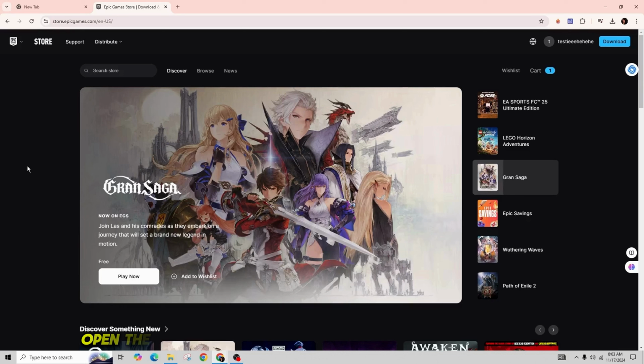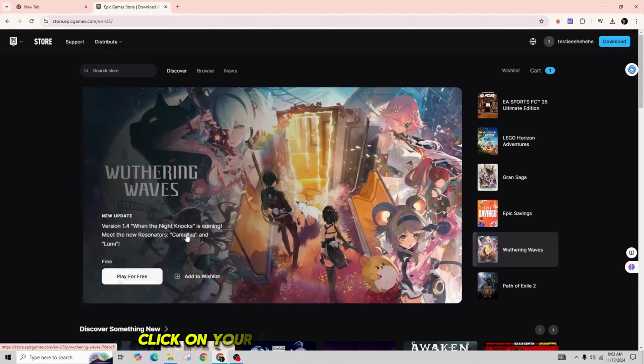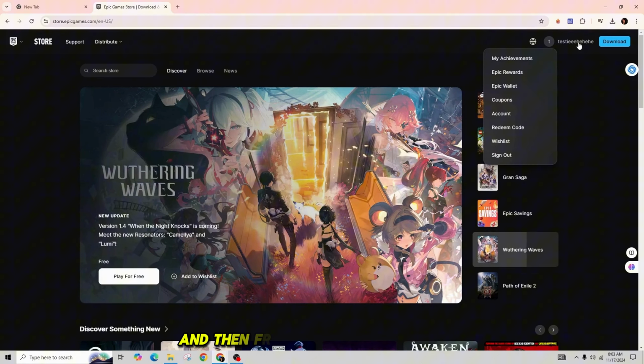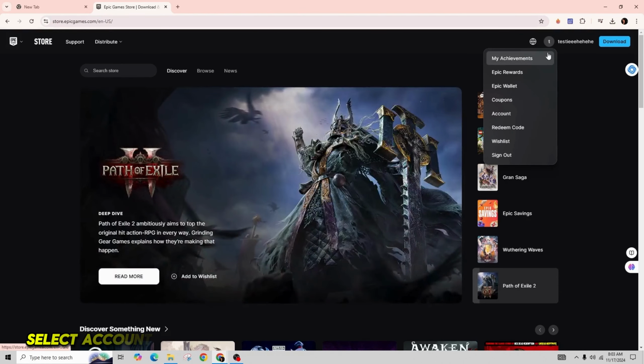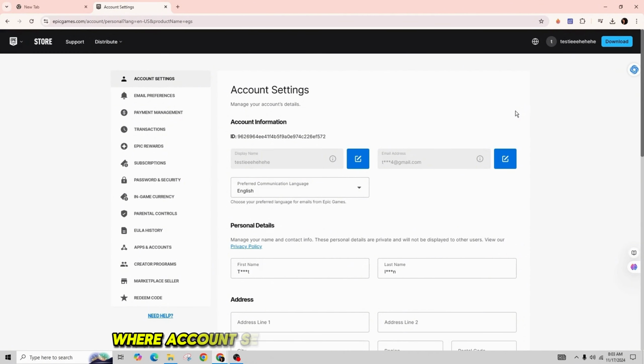First of all, open the web browser and then go to www.epicgames.com. Log into your Epic Games account for which you want to reset the parental control PIN. Click on your Epic Games account at the top, and then from the drop-down menu, select Account. You will be redirected to the Epic Games account screen, where account settings will be selected by default on the left side. On the right side of the screen, locate the account information section and find the parent or guardian